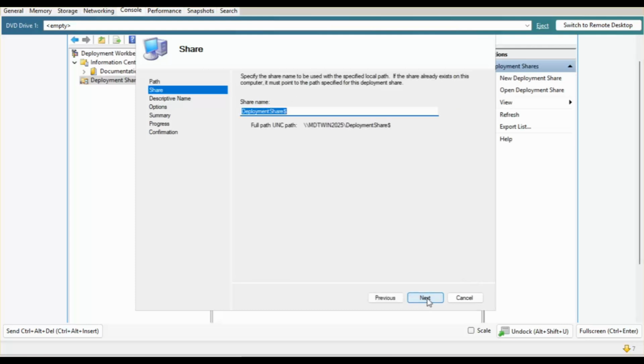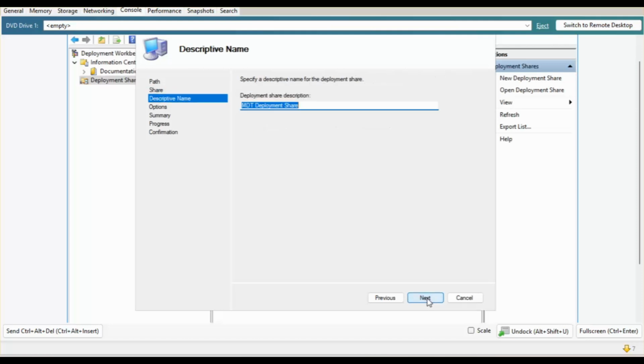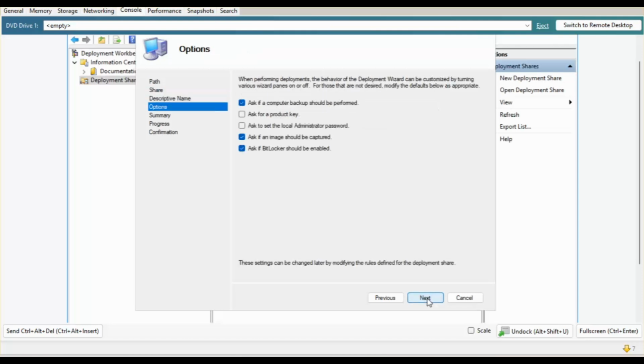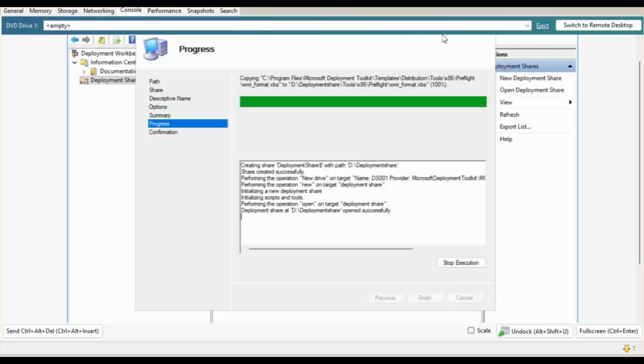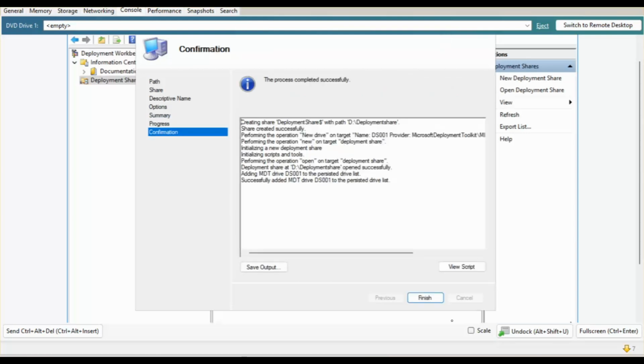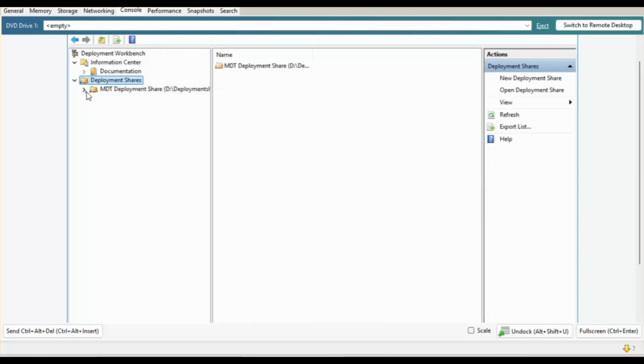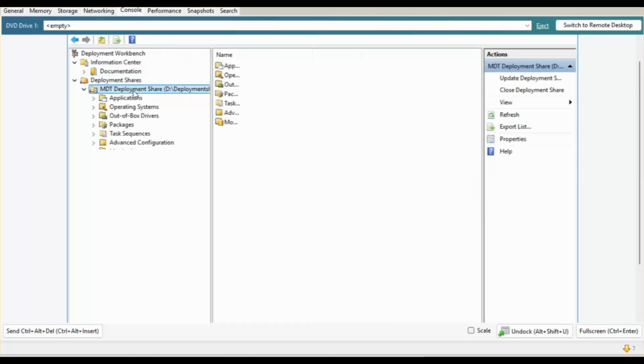Click next. I'll keep the default name of the share name. Click next. I'll leave all of the default settings. Click next and I'll finish. And I'll click on finish. So you can see that once it's finished up here, you'll be able to see application, operating systems, out-of-box drivers, packages, task sequences under the